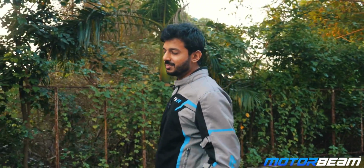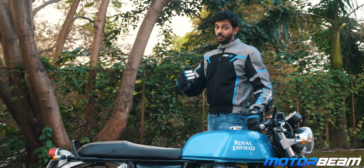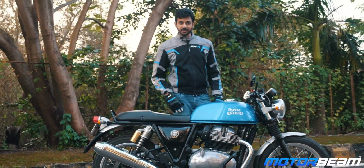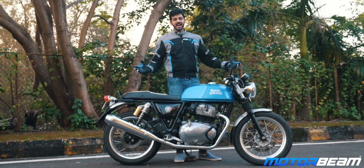Royal Enfield made quite an impact in the Indian market with the launch of their 650 twins. Now both these motorcycles are absolutely fab, the most affordable twin-cylinder engine motorcycles, and between the Interceptor and the Continental GT, we personally prefer this one, the Continental GT, because this is a motorcycle which, although it has the same engine as the Interceptor, the riding position is a game changer because it's sportier to ride and of course the handling